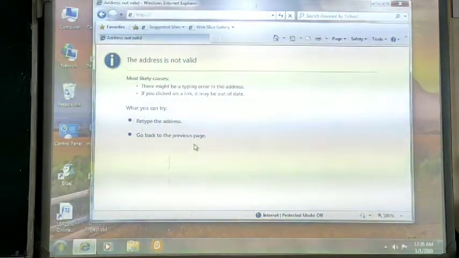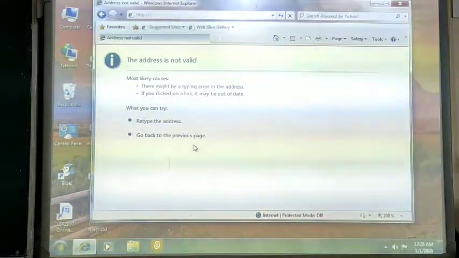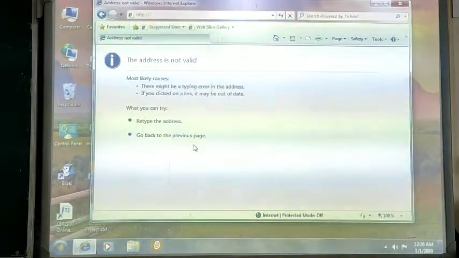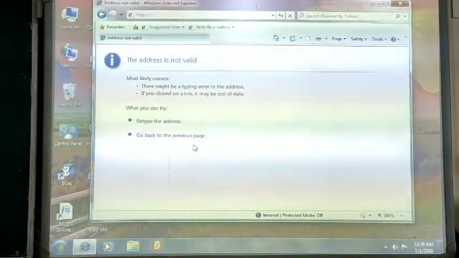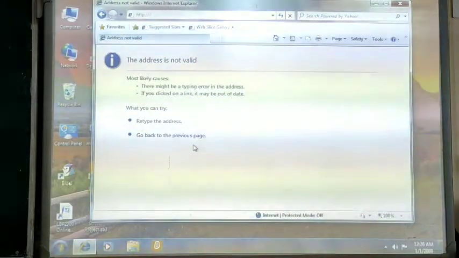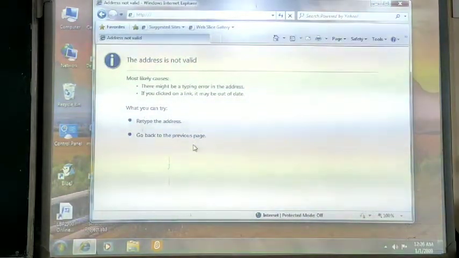Now, suppose you want to open more than one web page at a time, or go through more than one website at a time. There is no need of opening another Internet Explorer window.